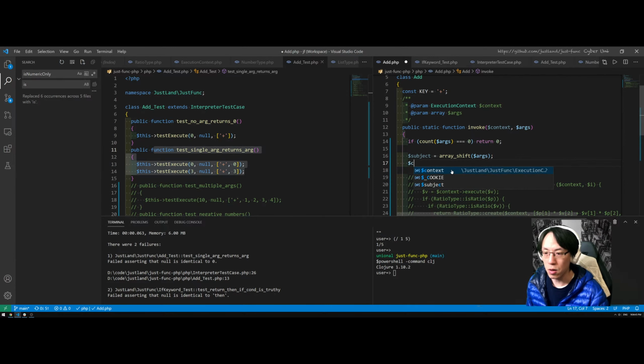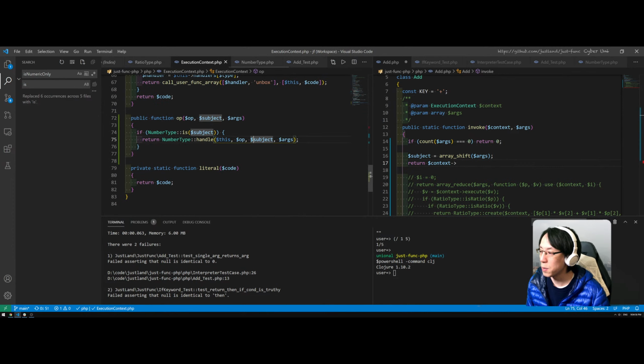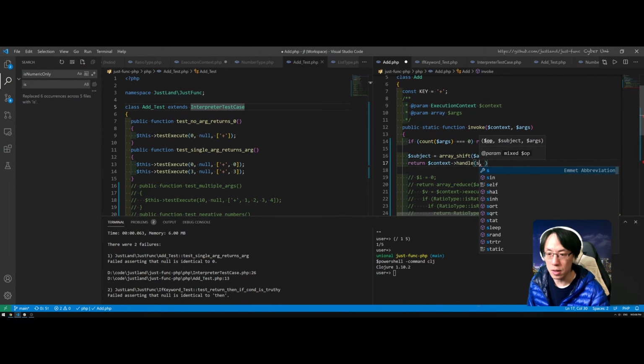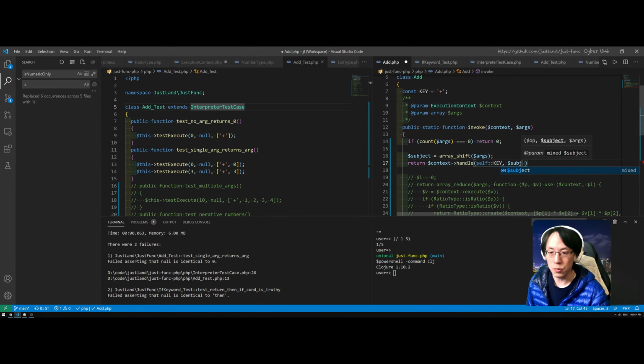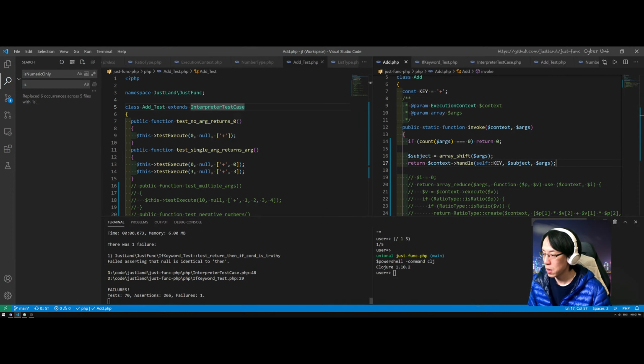and then we can call the return context OP. Let me also rename that as handle. Okay, handle plus, or just to keep it nice and clean, self key, right? And then put the subject in there and put the remaining arguments in there. Okay, so